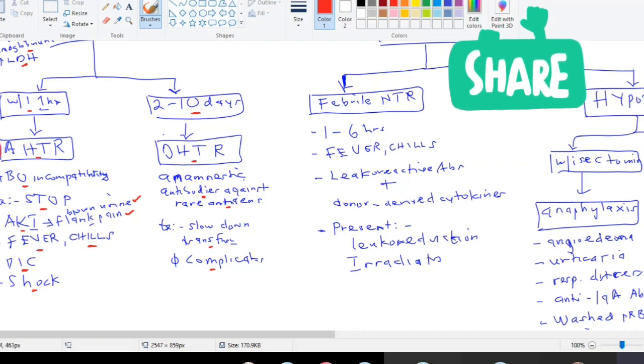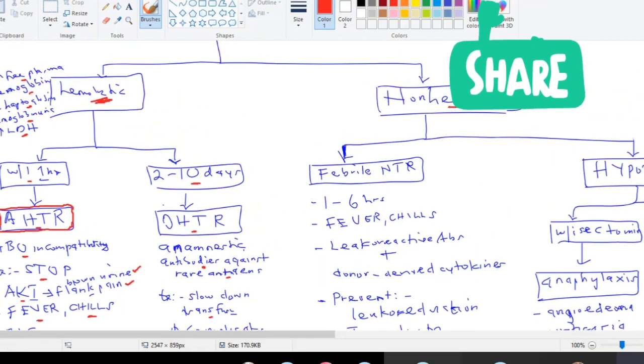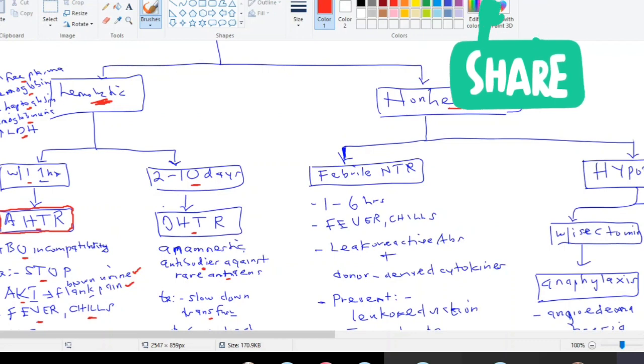So the acute one is the one you should pay attention to, most likely tested, and the reason is because of the complications. We have to know to stop the transfusion immediately, even before you order any test, if you suspect acute. So now our patient